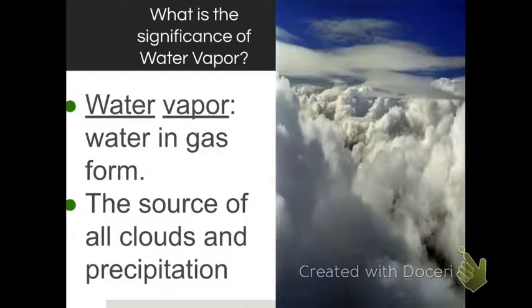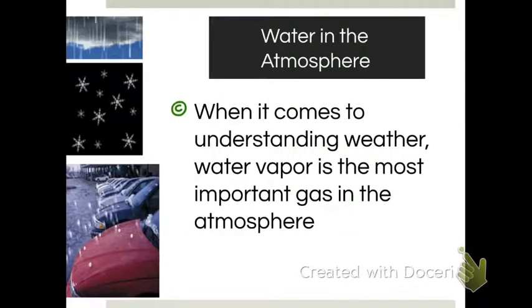keeping life moving. Remember, the Earth, and not only Earth, but all of science, is a system. So if you impact one part of a system, it's going to affect all the rest of the parts of the system. So if you got rid of water vapor, that's a very key element of the system of life, and that would then, therefore, affect everything else. So water in the atmosphere, don't write this down, but as we talk about weather, it's very important to understand water vapor, because that's one of the most important things when we are actually looking at weather, because weather involves water vapor in almost every way.